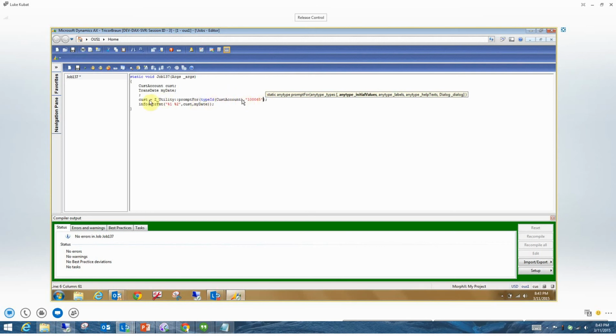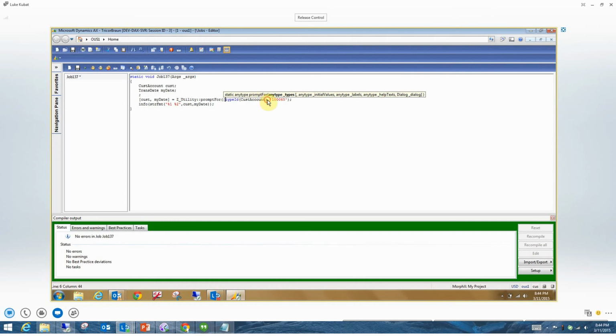I just want to extend this. Let's say I'm selecting two things or more than two things. I want to get the customer and the date at the same time. Well, here, that's my date. So when you ask for a single thing from this ZUtility PromptFor, it just actually returns that thing. So you can see it actually is returning an any type, which means it might be the customer you asked for, it might be the date you asked for, but also if you prompt for multiple things,